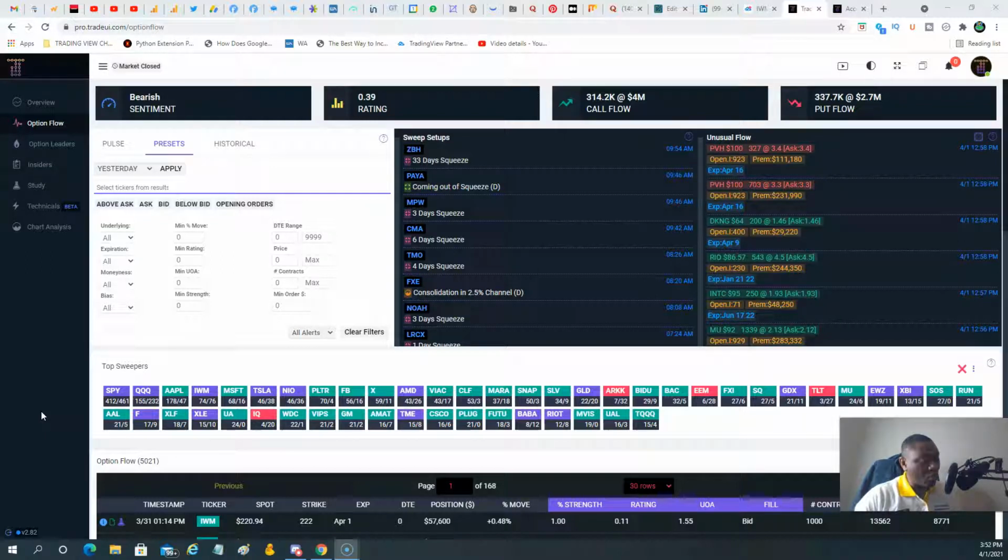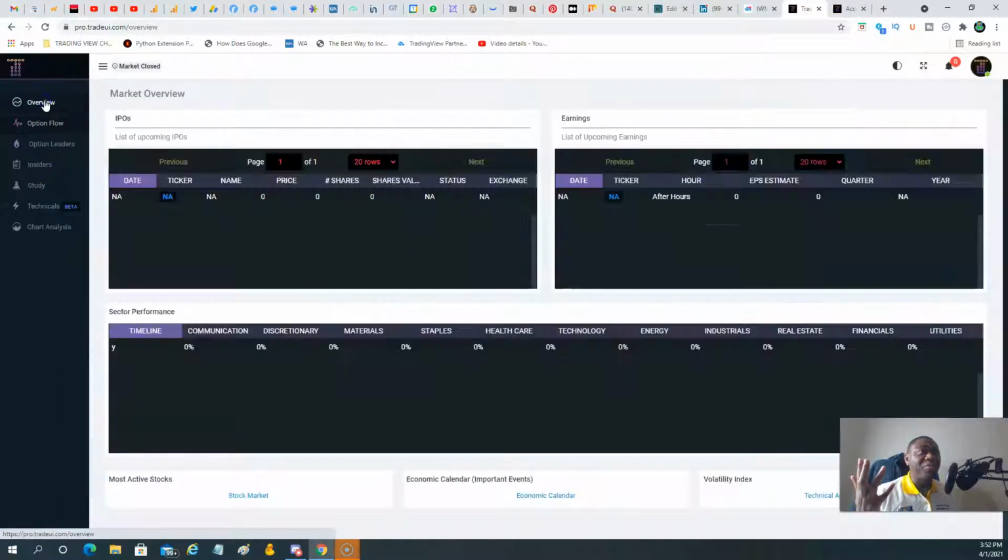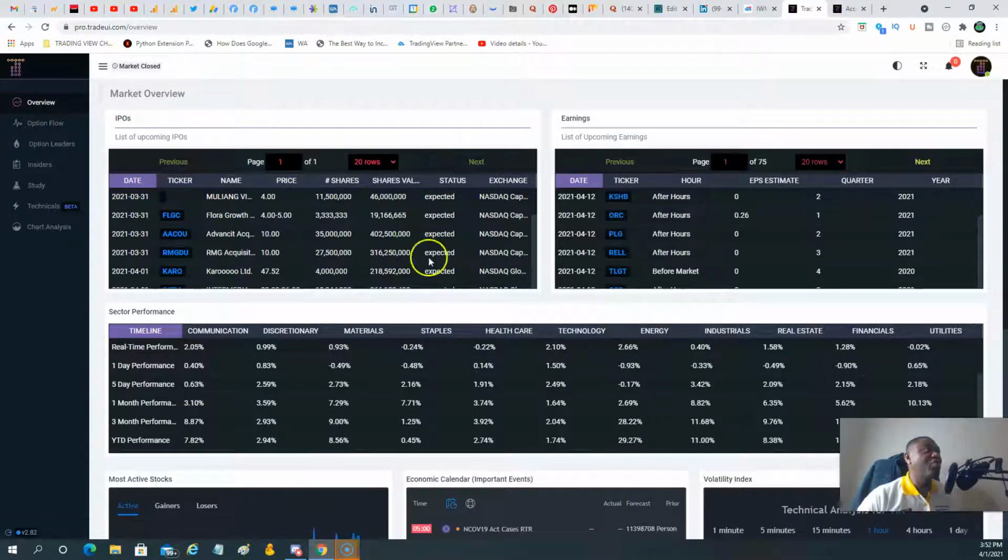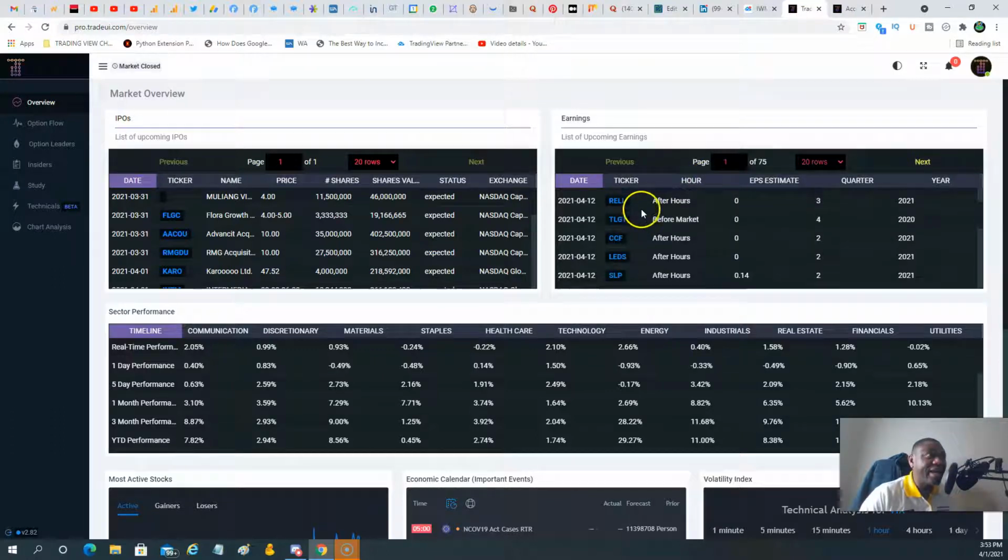All right, so here are some of the features of TradeUI. From the get-go, the first thing that they want to give you inside of TradeUI is this market overview, where they just display the upcoming IPOs, the dates, the name of the company, and some of the pricing, number of shares, and things like that. If you trade IPOs, that information is of value to you. Then here, upcoming earnings. Usually you can get that from your broker or anything,